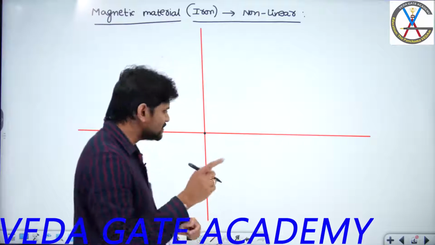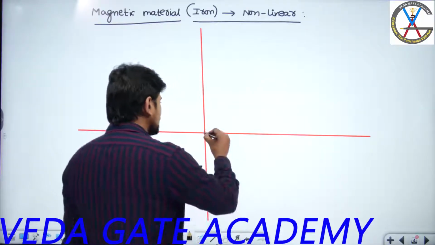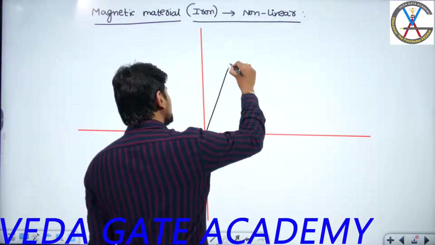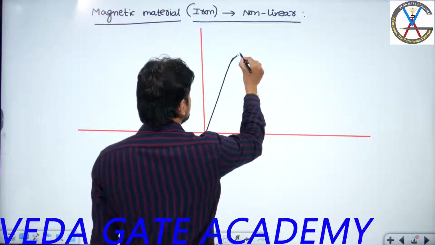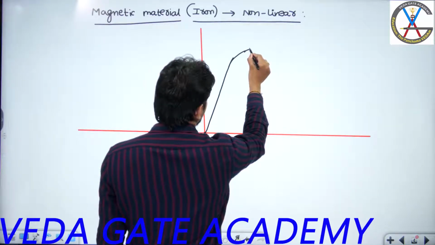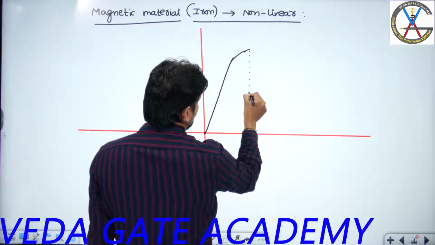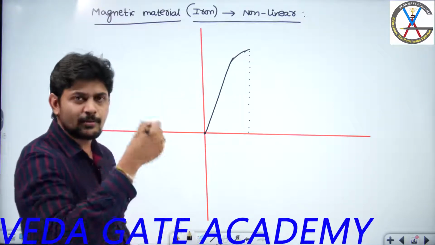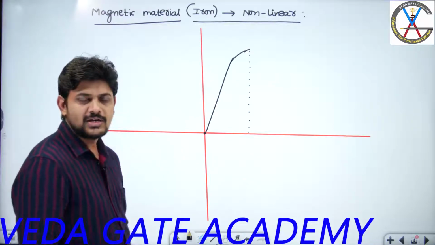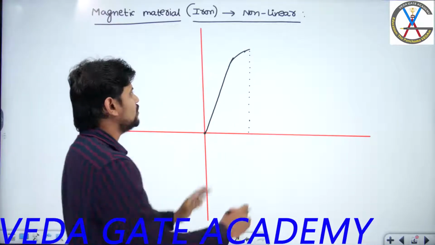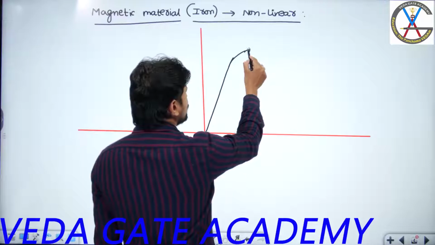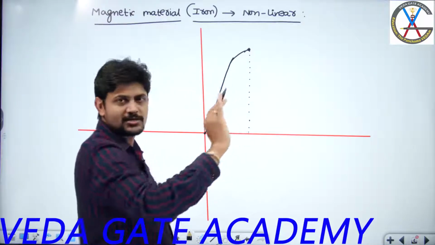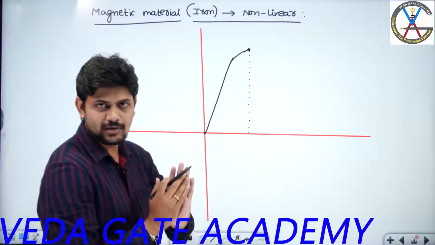So that is the reason, if you see the exact graph, what you are going to get is, initially the increment will be very high, and after that the increment will slowly decrease, and after that it will enter into a knee point or operating point. Let us assume this is the knee point, where all the dipoles are completely aligned uniformly. Once all the dipoles are completely aligned uniformly, there is no further dipole flux, so the dipole flux will be constant. There is no further increase in the dipole flux.